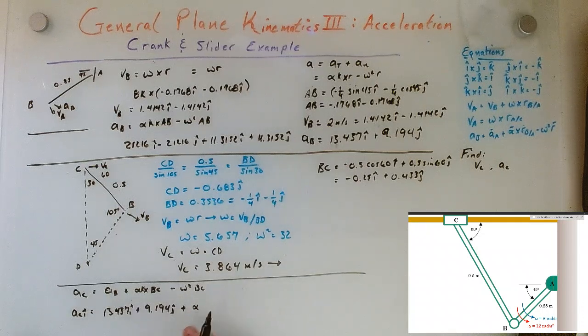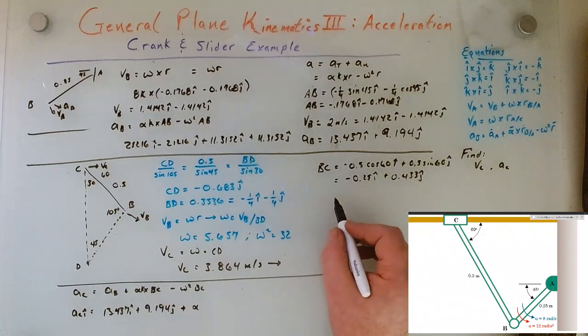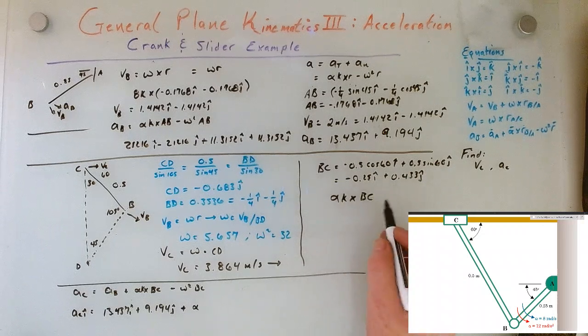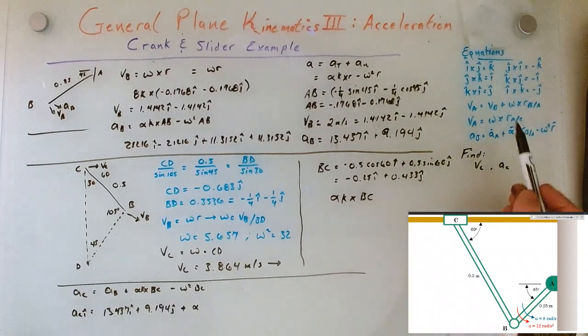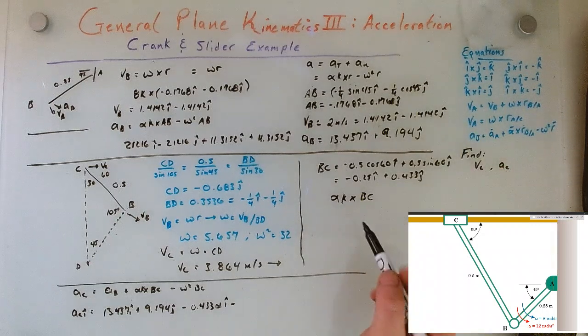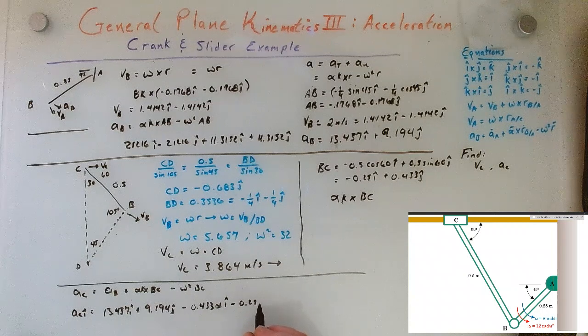So what I'm going to do is I'm just going to write these in. So alpha K, we'll make a little space here, alpha K crossed with BC is alpha K crossed with J, KJ is negative, so minus alpha J, so 0.433, so minus 0.433 alpha in the I direction, then minus KI keeps its sign, so minus 0.25 alpha in the J direction,